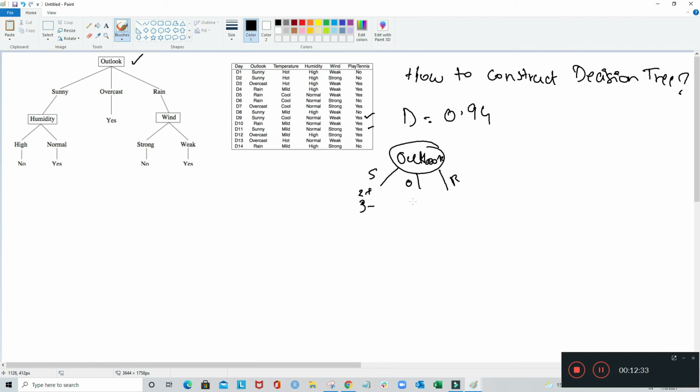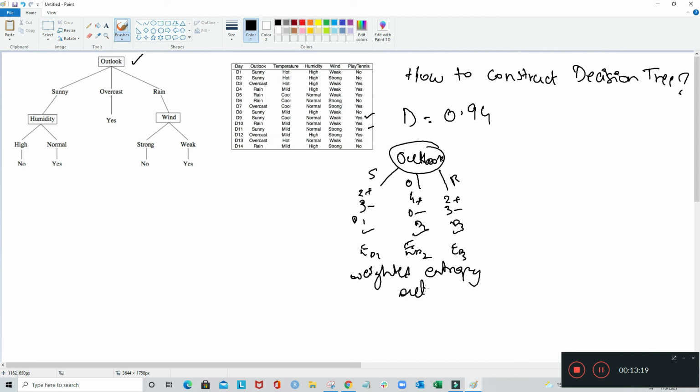For overcast, it is four positive and zero negative. And for rainy, it is two positive and three negative. We define these as D1, D2, D3, different datasets. We calculate entropy for each of these datasets: entropy for D1, entropy for D2, and entropy for D3, and we add them up to get the weighted entropy